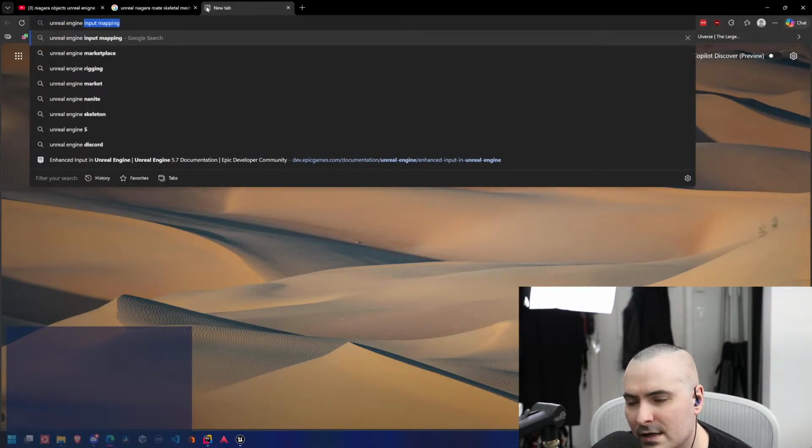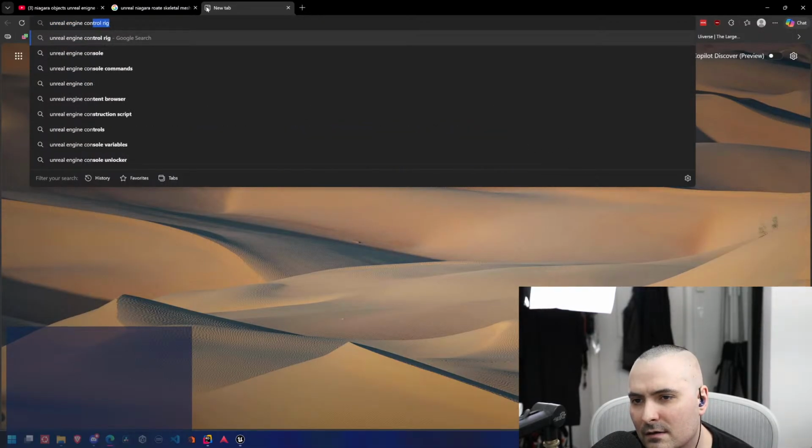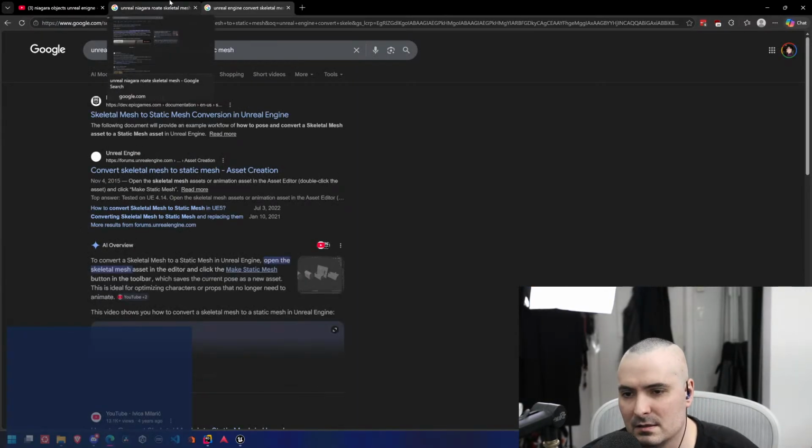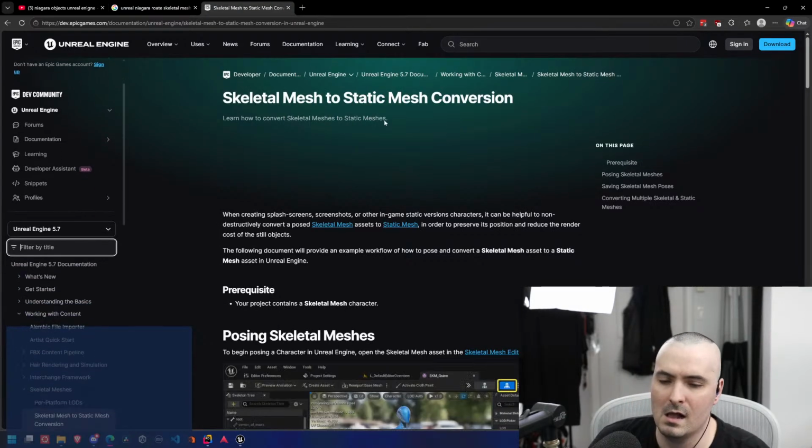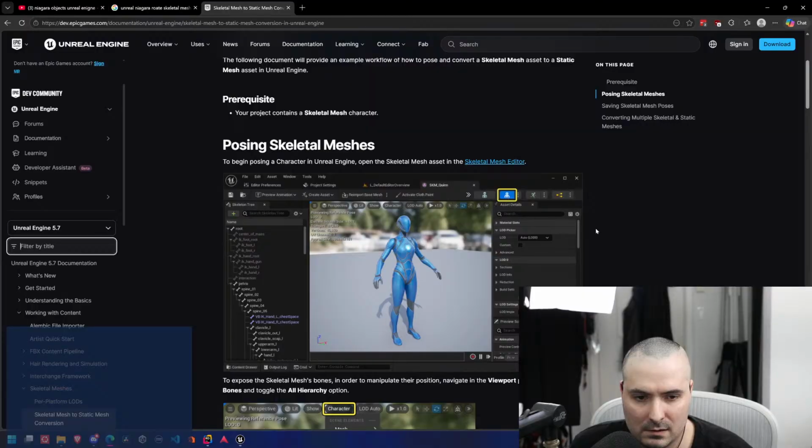In Unreal, convert to static mesh. Posing. That's posing.